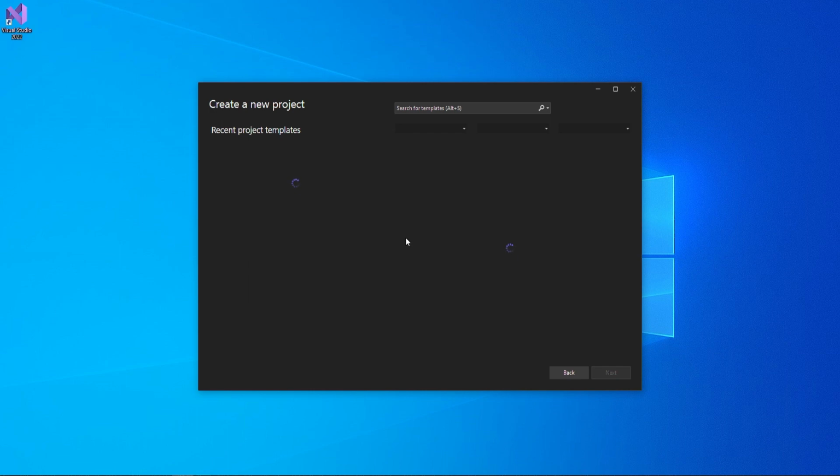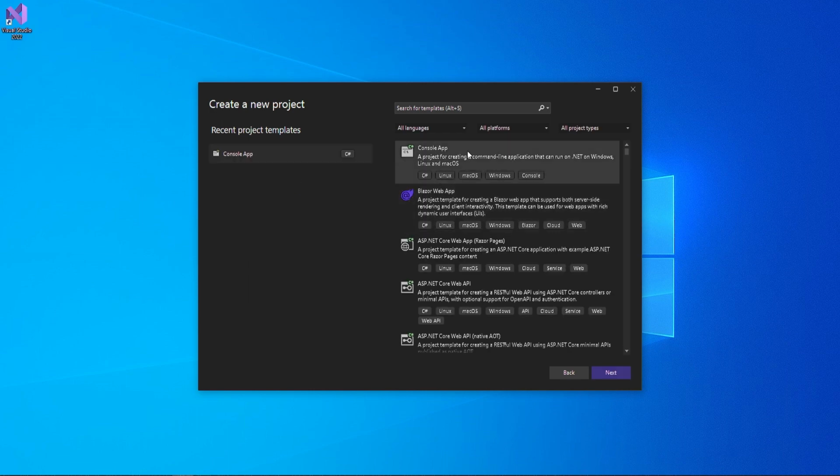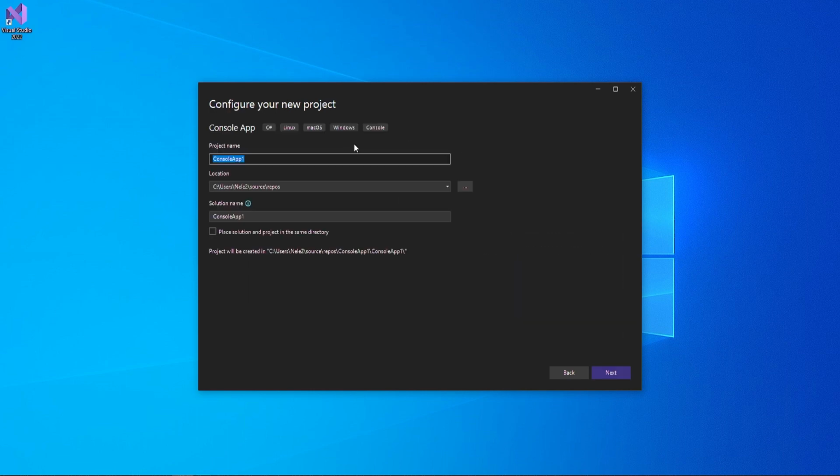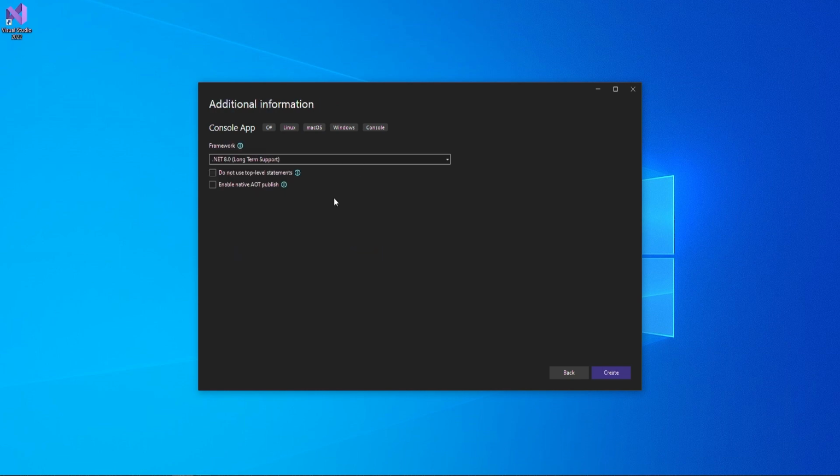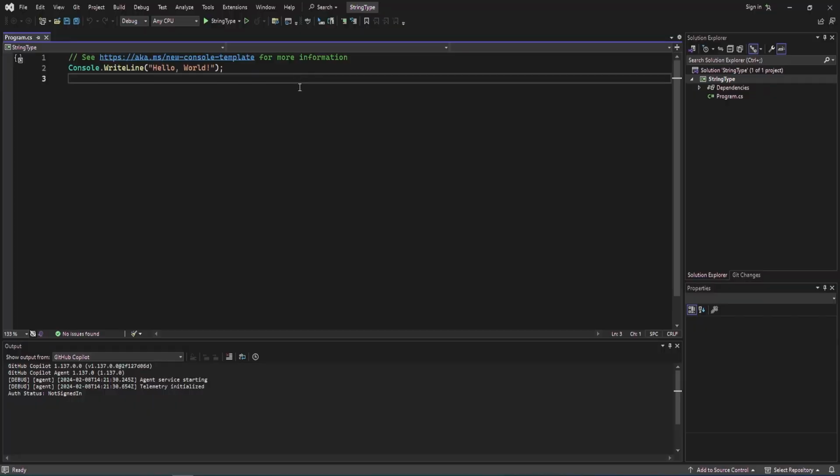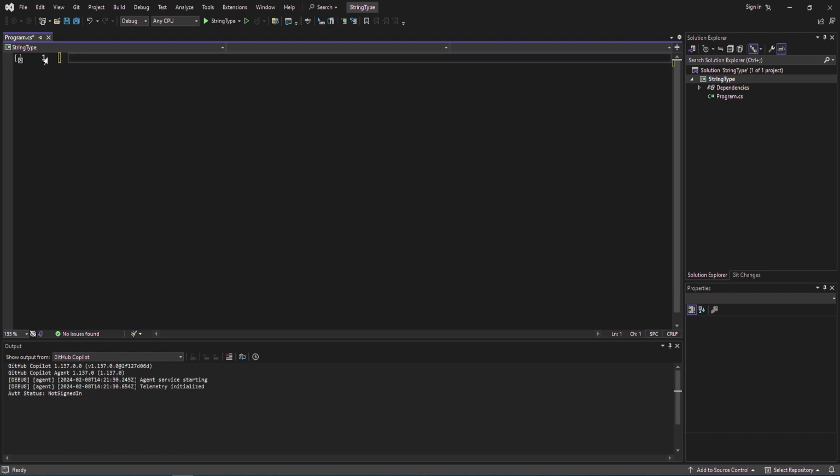We create again a new project. We will go for console application, string type. We will use .NET 8.0. Okay, when Visual Studio loads, we can delete this code from Program.cs, so we can write our own